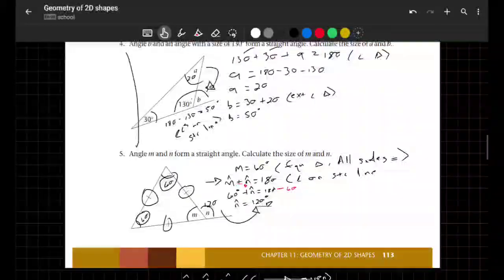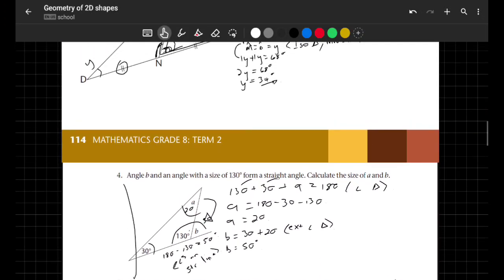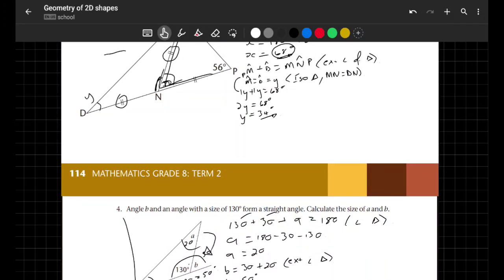What I suggest is, if you have any problem with any of these, rewind the video, look again at how I got to that, try to understand it and attempt it by yourself. Once you're happy with that, go to your textbook, attempt the questions in your textbook, and then check with the answers at the back of the textbook. But as for now, this is all good, and then we'll look into